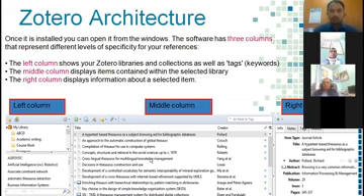The resources under a particular collection will be displayed here, and if you click on any resource, the bibliographic fields of the selected resource will appear in the right column. So all the selected items can be edited one by one.